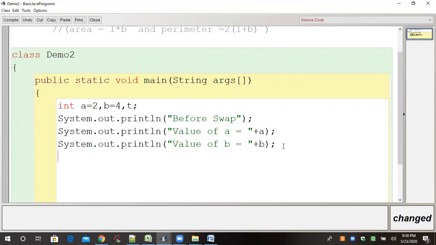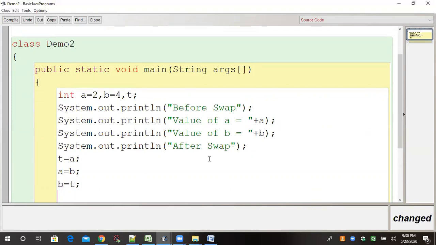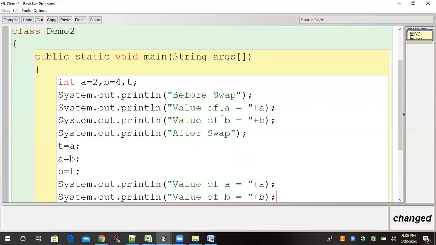Now I am just copying this part. Now here we will write after swap. So now we will do the swapping too. To do the swapping: T is equal to A, A is equal to B, and B is equal to T. Understand? Now we copy both of these from here and paste them over here. So these values will be printed before the swap and these values after the swap.